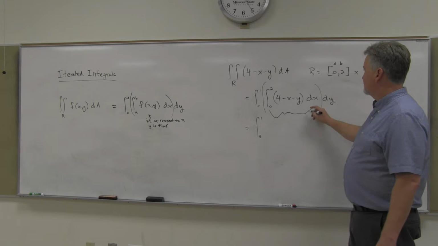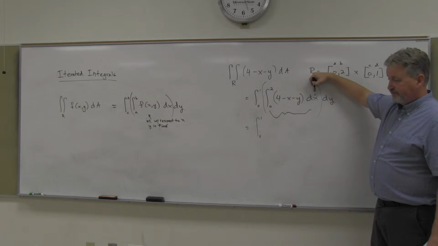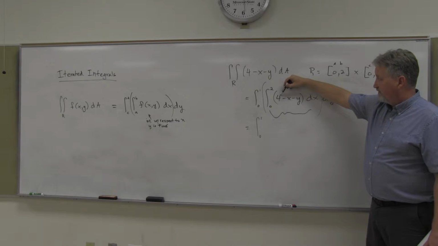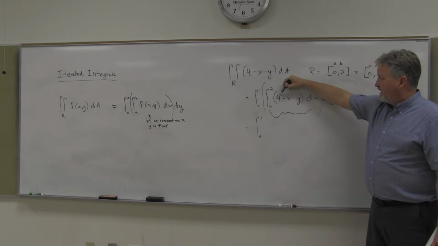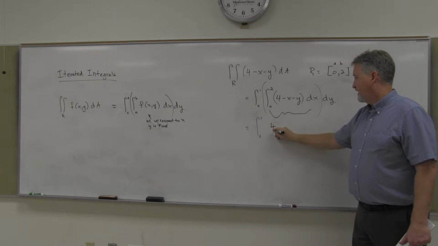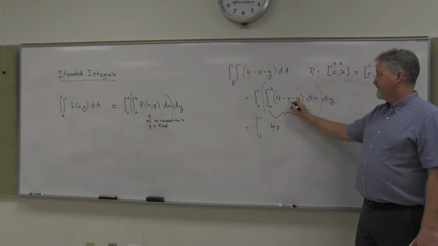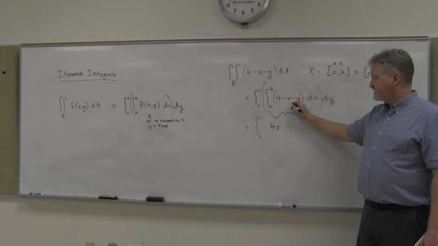So the antiderivative, holding y fixed, integrating with respect to x, would be 4x minus 1/2 x squared